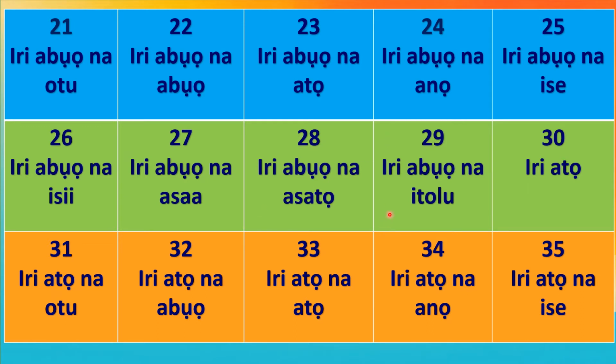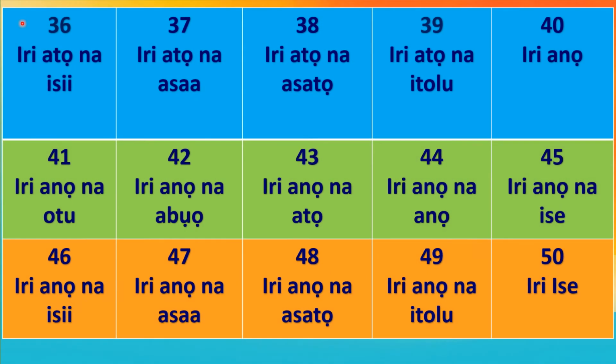29 iri abụọ na itoolu, 30 iri atọ, 31 iri atọ na otu, 32 iri atọ na abụọ, 33 iri atọ na atọ, 34 iri atọ na anọ, 35 iri atọ na ise, 36 iri atọ na isii, 37 iri atọ na asaa, 38 iri atọ na asatọ, 39 iri atọ na itoolu,